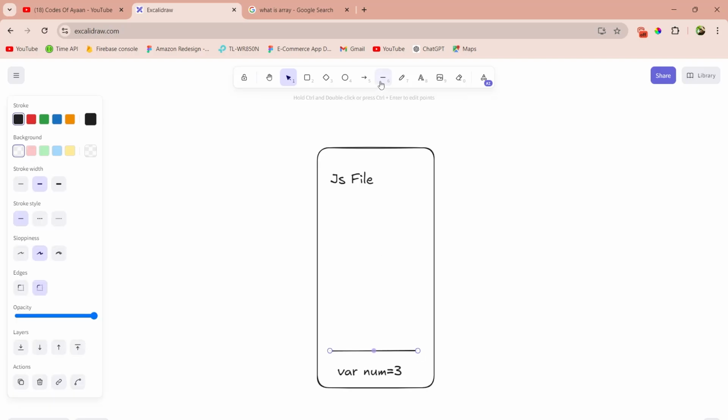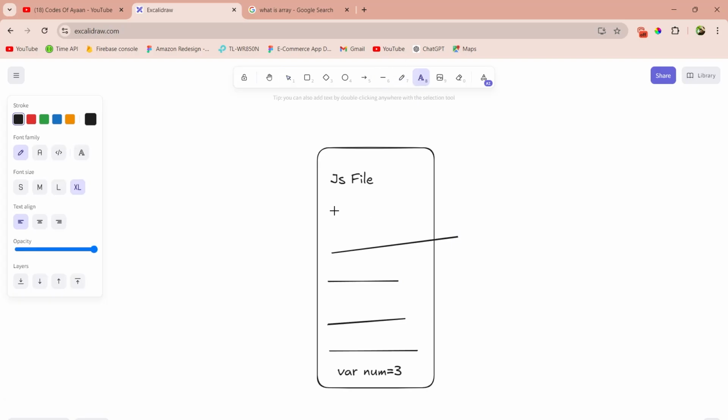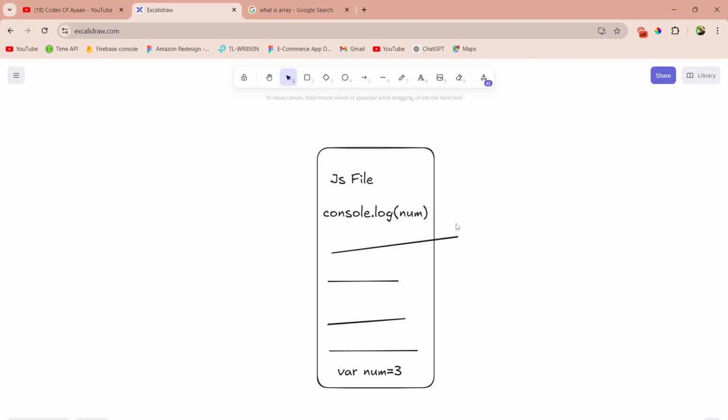Let's imagine some code we wrote for our logic, okay, some code we wrote here. At first right away I am doing console.log num, okay. Now JavaScript, how it will compile, like